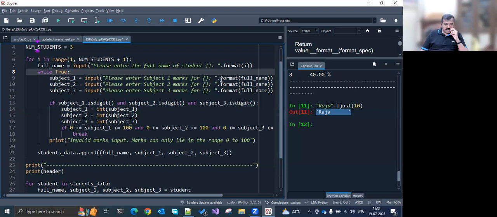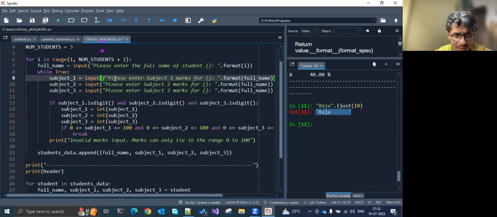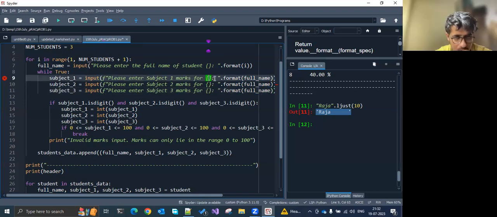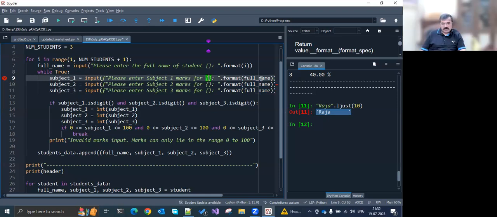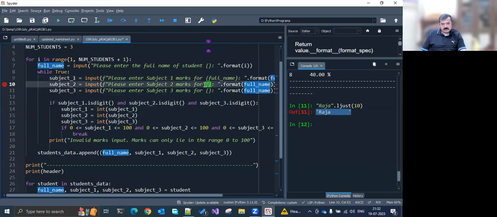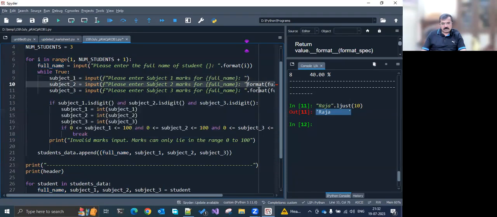While true, enter the marks in subject 1 for format full name। ये चलेगा full name, इसका नाम एक्सेप्ट कर लिया। अरे अगर आप ये डॉट फॉर्मेट यूज कर रहे हैं, क्यों वहाँ कर पा रहे हैं? नाम print तो यहाँ enter the string subject यूज one नहीं, ठीक है, हाँ sir. मार्क्स चलो कर सकता है कोई, आपकी मर्जी, उसमें क्या है। तो ये फुल नेम जो है यहाँ डाल दो डायरेक्टली। ये पढ़ने के लिए भी आसान है।